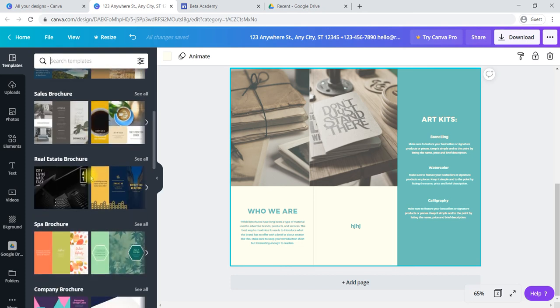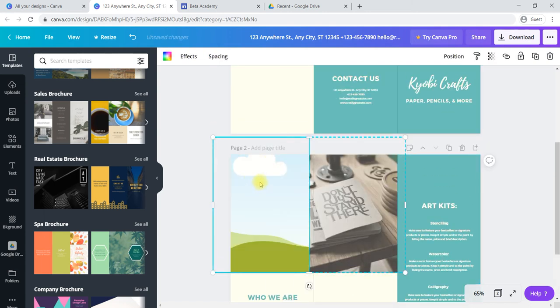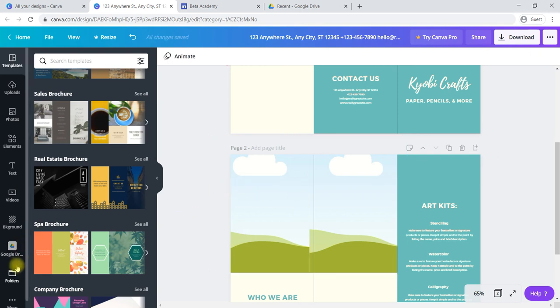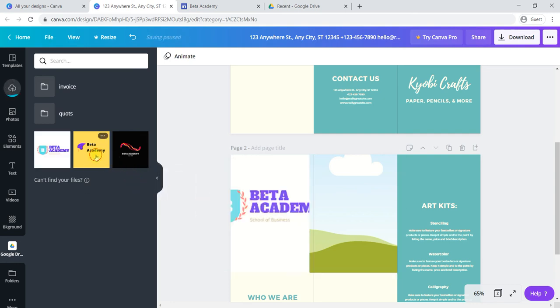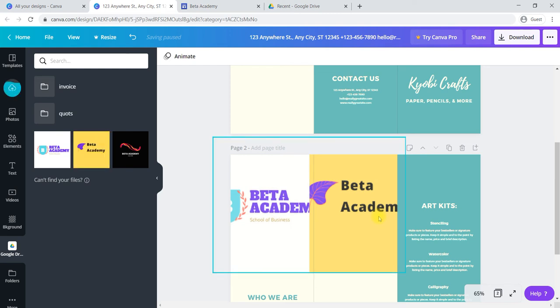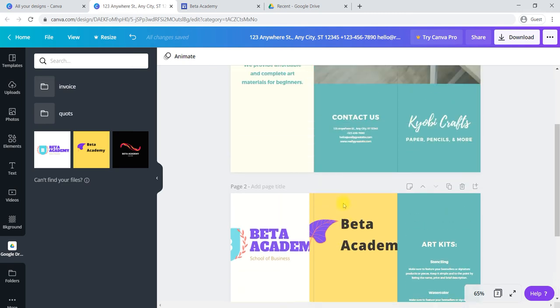Once you open it and start practicing, like deleting this particular image, it will become a section. Here a section is introduced, and in this particular image also a section is there. If you would like to take some images into a section, go to your drive, and whatever images you have, you can click and drag them into that particular section. You can modify each and everything in a brochure.